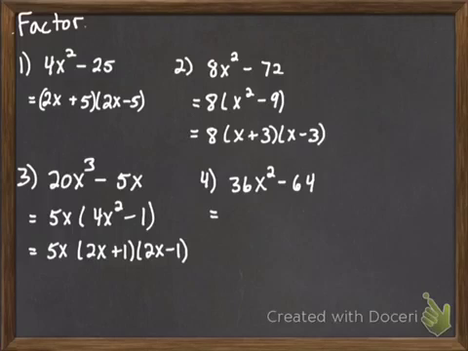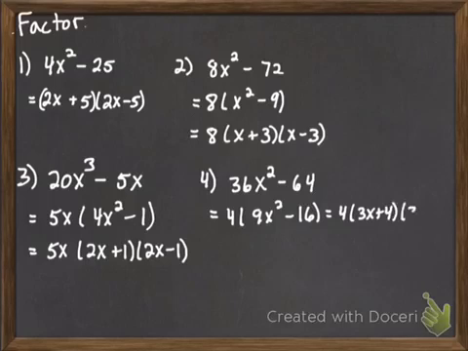We look at 36 and we look at 64, and we say to ourselves, hey, 4 will go into both of those. So pull it out. It gives me a 9x squared minus 16. And then I can continue to factor 9x squared minus 16 because it's a difference of squares. I get 3x plus 4